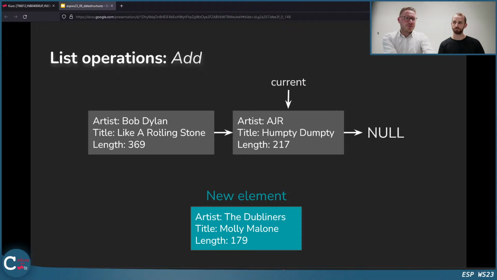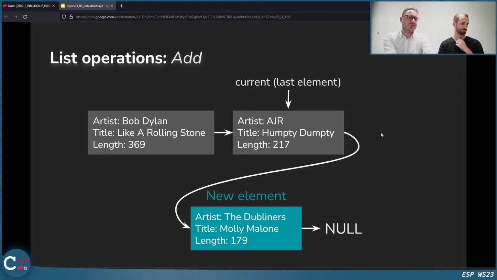I could do this here as well, but the question is if this makes sense. So I'm starting with the very first element, and I go to that one, and the condition might be that we are checking if the next element is null, and this is the case here. And then I just say, all right, this is our last element. Let's add this element by saying the next element of the current element is this element. And this is how we can add a new element.